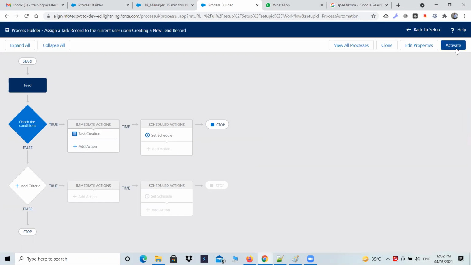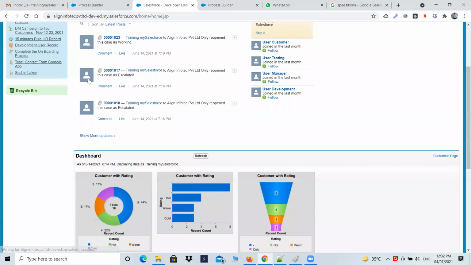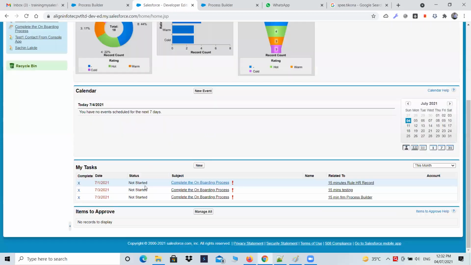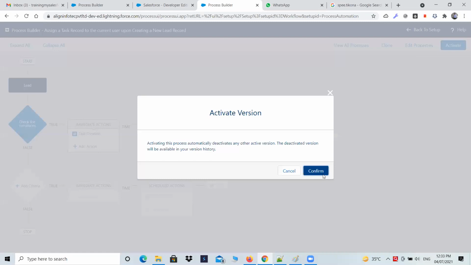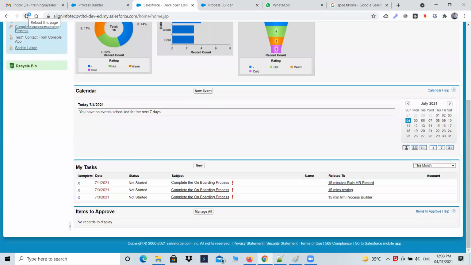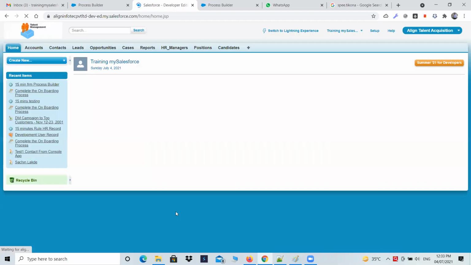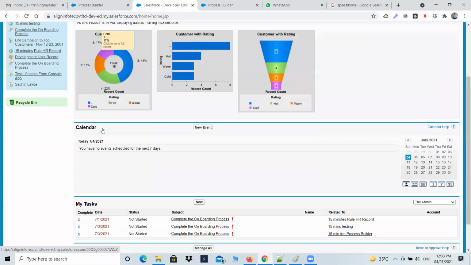टास्क क्रिएशन सब कुछ ठीक है। अब व्हाट आई एम एक्सपेक्टिंग कि मेरे को होम ऑब्जेक्ट पे जाने के बाद यहाँ पे एक टास्क मिलना चाहिए, इसको हाइड कर देता हूँ, ठीक है। डैशबोर्ड, कैलेंडर, माय टास्क, यहाँ पे मुझे एक टास्क मिलना चाहिए, ठीक है। दिस इज व्हाट आई एम एक्सपेक्टिंग आफ्टर एक्टिवेटिंग दिस। सो लेट्स एक्टिवेट दिस, कंफर्म। चलिए, ये तो क्रिएट हो गया है। अब लेट्स गो टू द होम पेज और इसको रिफ्रेश करते हैं। यहाँ पे अभी जो सब्जेक्ट मेंशन किया है उस सब्जेक्ट के हिसाब से एक टास्क मेरे को एक्सपेक्टेड है कि आना चाहिए।